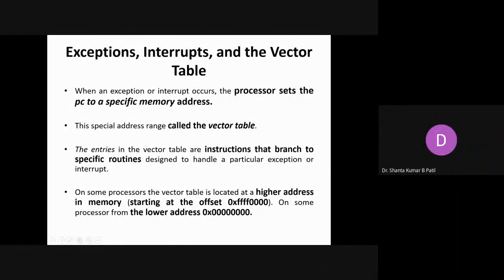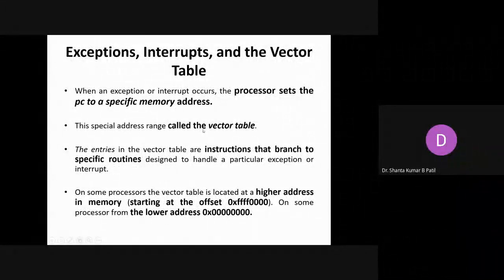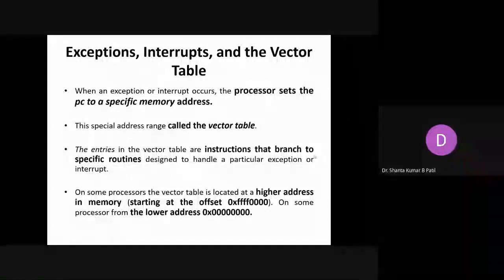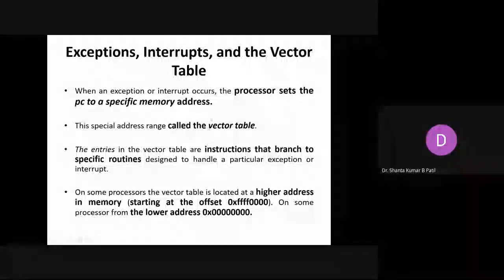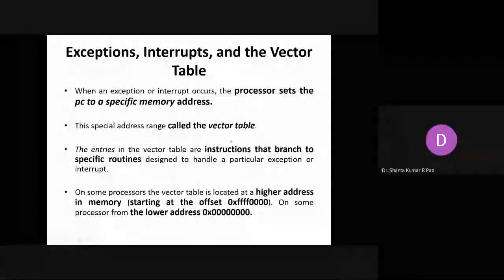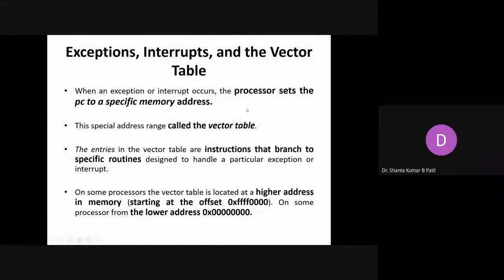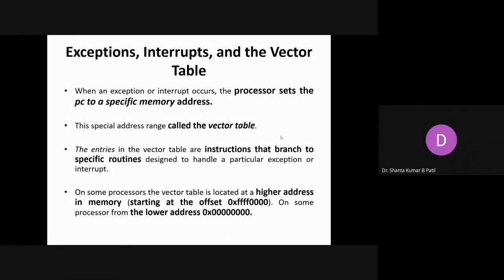In this special address range, all the ISRs are stored in what you can call one block of the memory. Maybe they are all stored in the beginning of the memory, or in the last part of the memory. That part where the ISRs of the different devices are stored, we call the vector table. So in the vector table, maybe the input device ISR is stored, the reset button ISR is stored, or the printer ISR is stored.